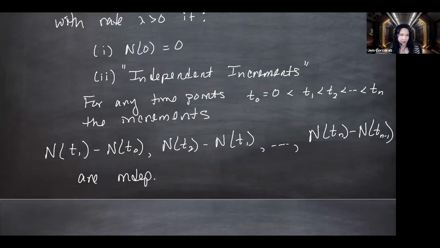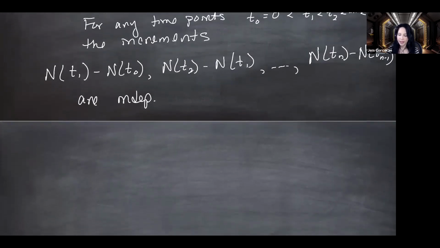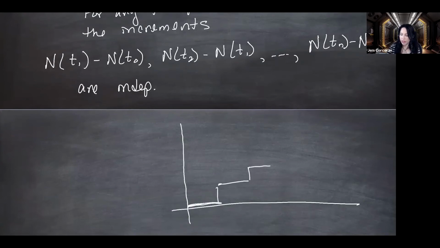I do need to finish this definition with a triple I, but if we were in class, I would walk to the other side of the board and draw this picture that I'm going to erase pretty quickly. As this process goes along, it jumps up, maybe we'll even fill in vertical lines. The fact that you're jumping up to this value at this time is totally dependent on the fact that you were at this value at the previous time. The counting process values are definitely not independent. They're very dependent. They're accumulating things.